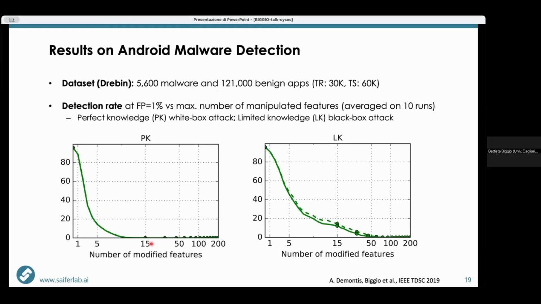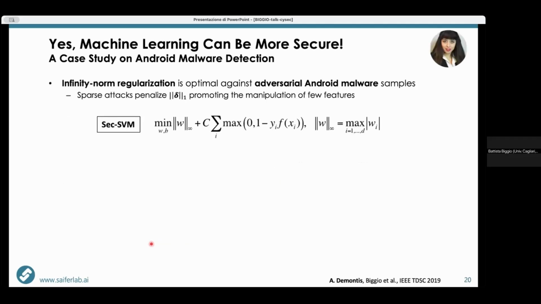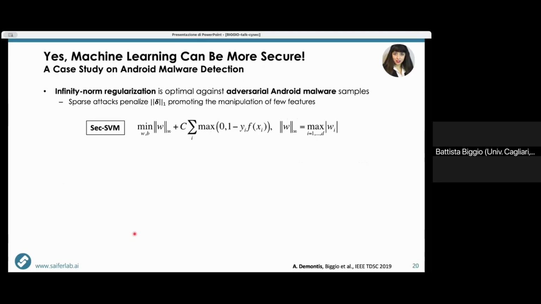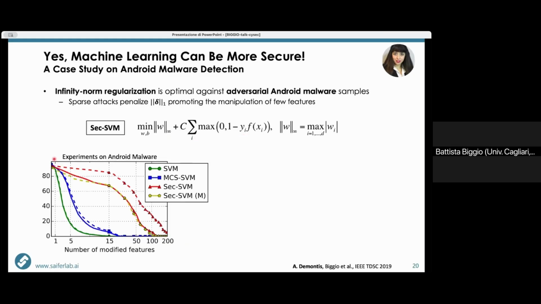The nice result here that one can obtain is on the defense side. From the side of the defense, the good news is that you can find a very effective defensive mechanism in this case. There are some theoretical derivations that you can do, but basically you can connect the regularization term of your machine learning model to the type of noise that you craft on your data sample. And in this case, it turns out that if one uses this L infinity penalty for regularizing the machine learning model, you get much higher robustness than you have in the standard case.